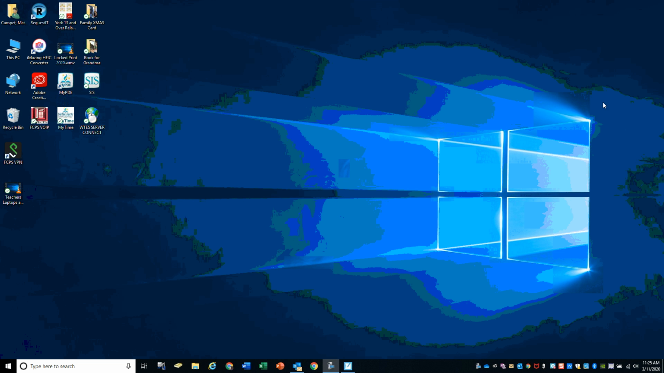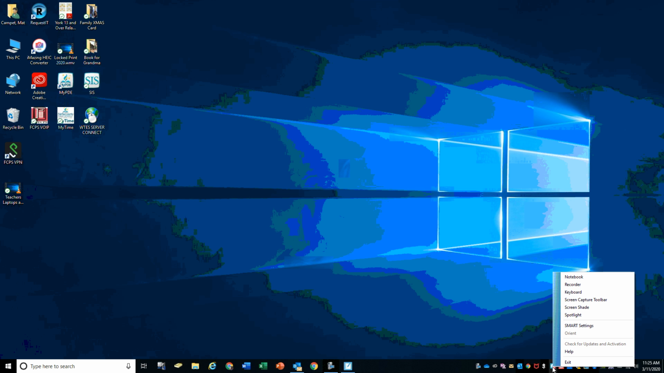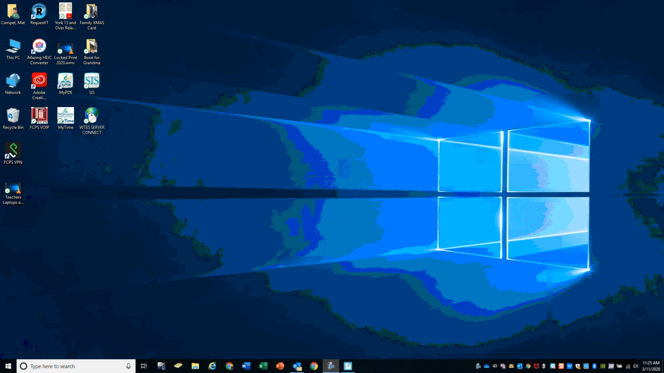So first thing I'm going to do is come down to my tray down here of programs, and I'm going to go to the Smart Notebook tray, and I'm going to pick Recorder. When I click on Recorder, something's going to pop up that looks like this. When you see this icon up here, that is to show you that you can record a video of your screen. Right now, you can see I'm using Smart Recorder to make this video, so that's why you see that